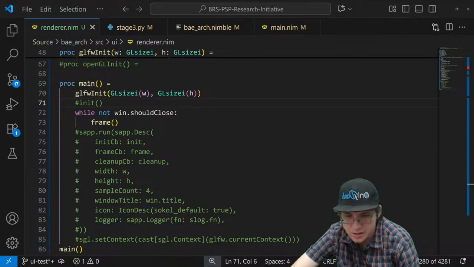We're trying to figure out where it's at. Oh, there you are.